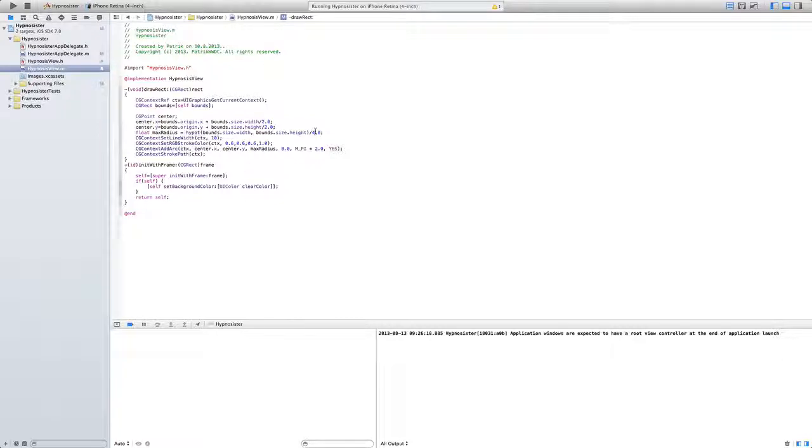So let's change this to 2, so it's a little smaller. So add arc, delete these 2 lines,